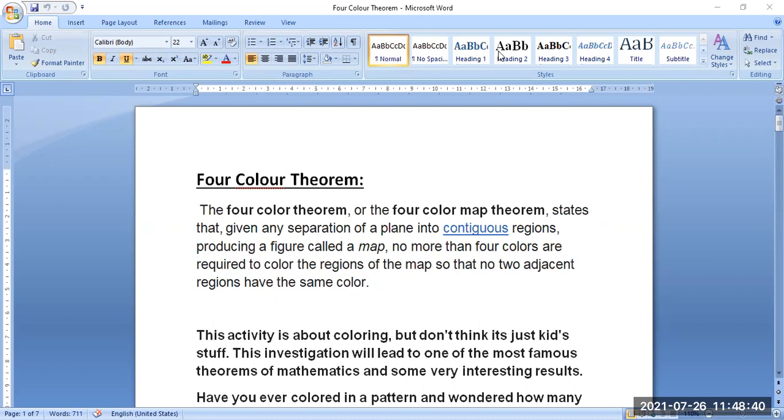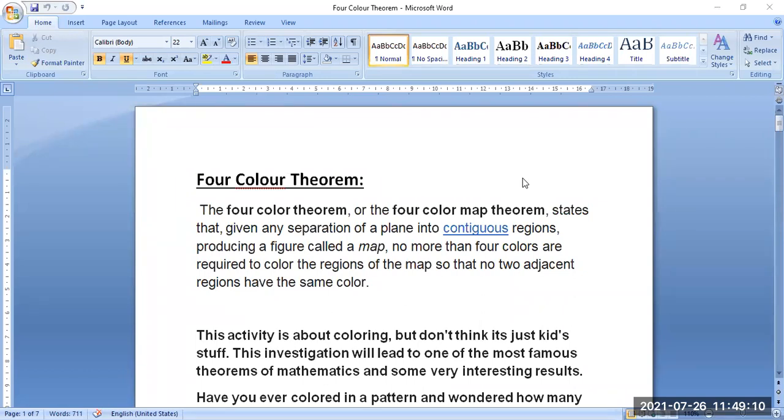So today, the last part of our coloring, that is the four color theorem, will be discussed here. As Microsoft Whiteboard is not working right now, I am going for the PDF part. Is my screen visible to all? Yes, sir. Okay, so we are going to start the four color theorem.